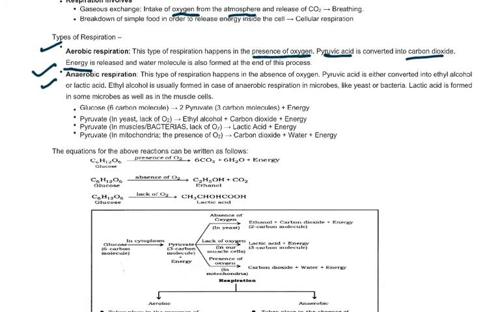Now if we see, first the glucose was broken down into 2 molecules of pyruvate and there was a release of energy. Now this pyruvate, in the case of yeast cells, in the absence of oxygen, is broken down into ethyl alcohol and carbon dioxide, and energy is released. Similarly, in muscle cells and bacteria, again in the absence of oxygen, lactic acid is produced. So we can see the fermentation is of 2 types: one is alcoholic and the other is acidic fermentation. By the yeast, ethyl alcohol is produced, because they have different enzymes.